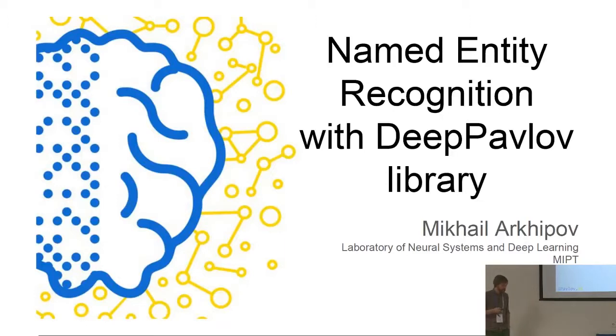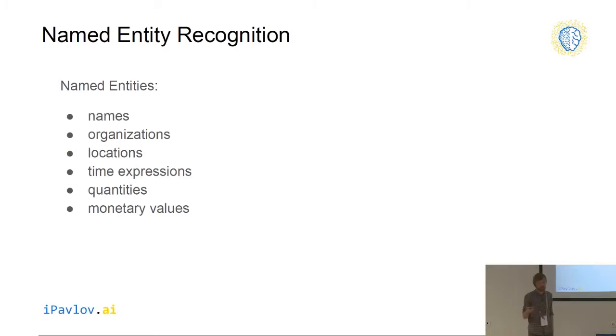Named entity recognition is the task of extracting named entities, which are names such as Ian Goodfellow or John Nash, organizations like Google or MIT, and locations like Russia, Moscow, etc. Also time expressions like yesterday, this year, or tomorrow. Quantities like 10, dozens, or something like this. Monetary values like rubles, $10,000, or anything like money. And